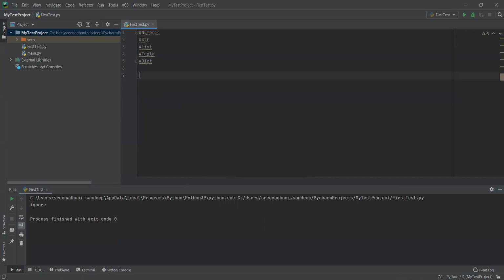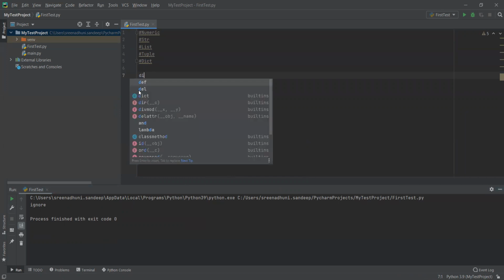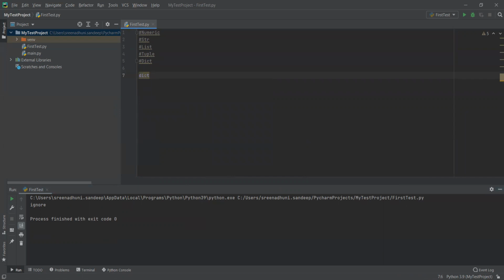In the dictionary, we need to specify the key and the value. Let's say dictionary equal to, here Python will understand based on the flower brackets, open and close. 1 test comma 2 test 1.